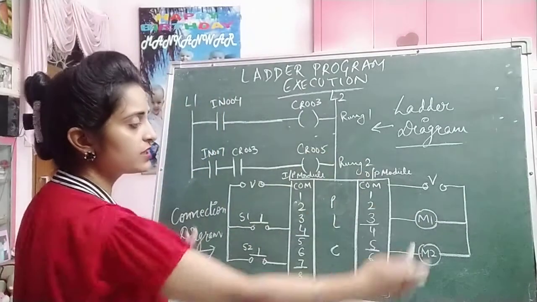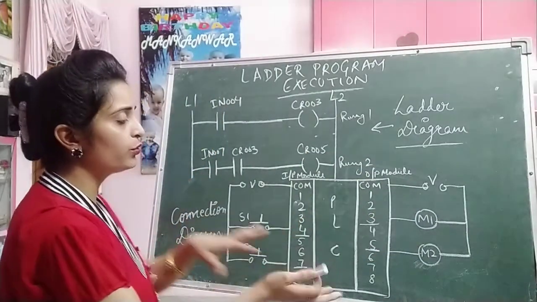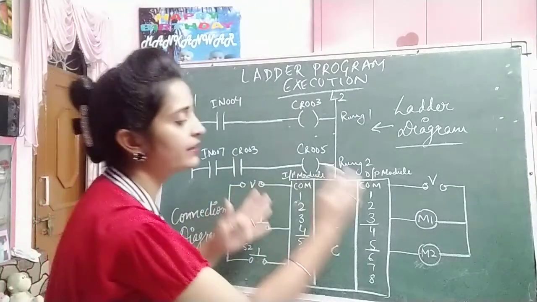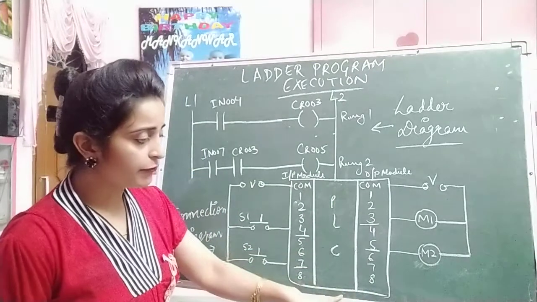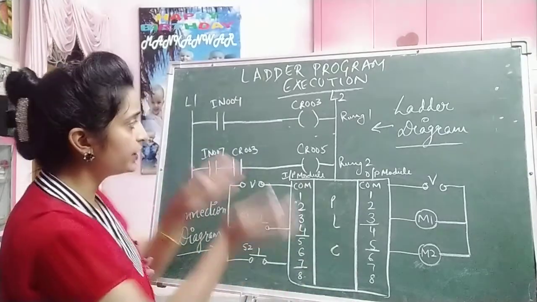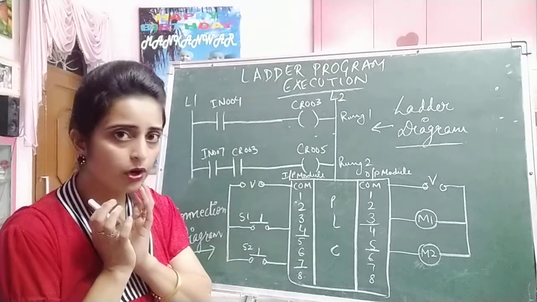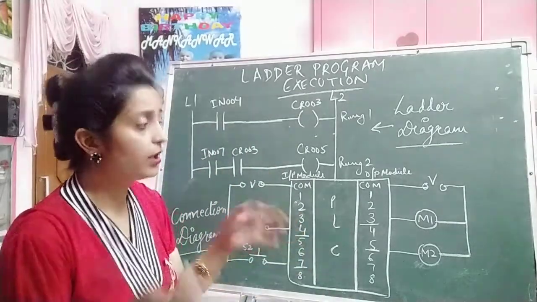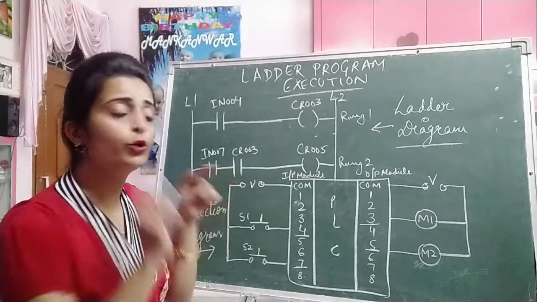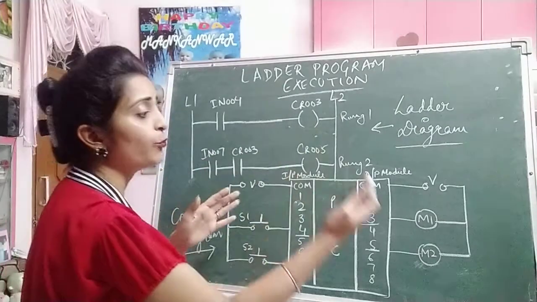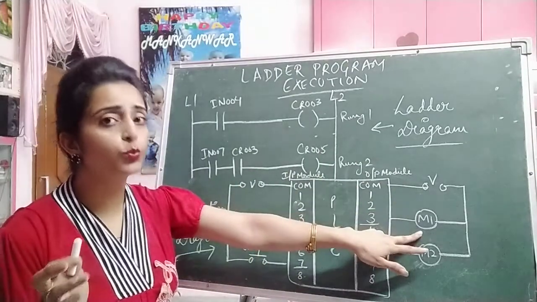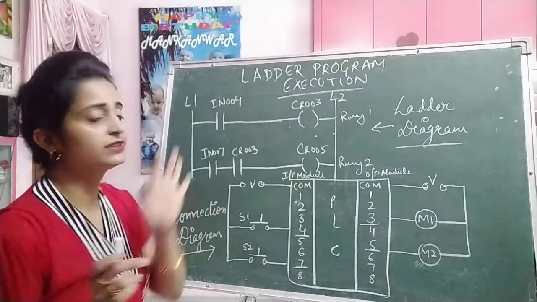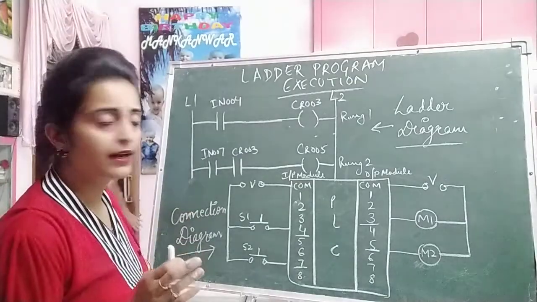Okay, so this is the connection diagram, showing how your output and input devices are connected with the PLC. If you have the connection diagram, you can draw the ladder diagram accordingly, or if you have the ladder diagram, you could draw the connection diagram accordingly, or depending upon the logic of what you want to do. When should motor 1 work, or when should motor 2 work? There should be a logic, and depending upon that we draw the ladder diagram. So let's see now how the ladder diagram is working.